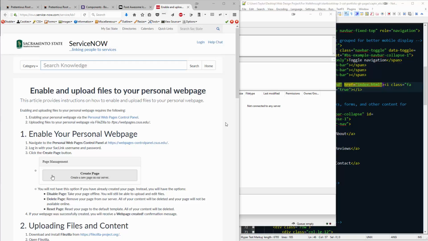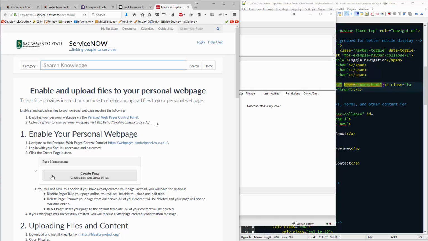All right, so once you're finished with doing your HTML, CSS3, and Bootstrap page, what do you do next? Well, for parts B, C, and D of the web page project, you'll need to upload your files to a web host, a server that allows you to post the files onto it that's publicly available on the internet. Fortunately, Sac State has